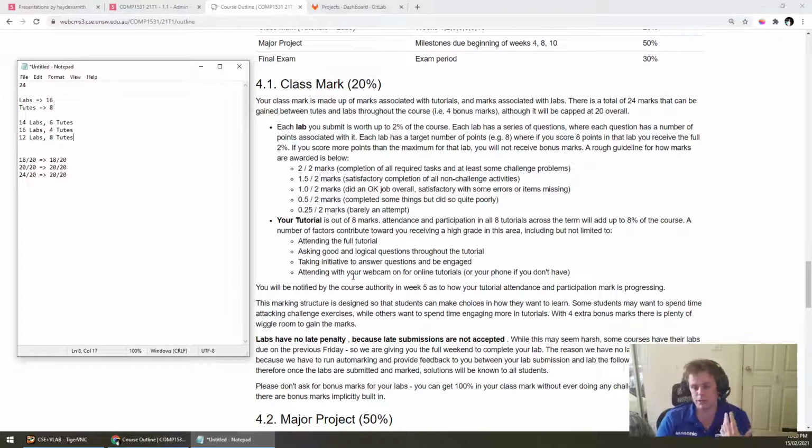That means maybe asking questions. That means answering questions. You can do it on the chat if you want to. You don't have to speak out loud. We're perfectly fine with you doing it on the chat. In fact, it's a lot easier in a way to run a tutorial.